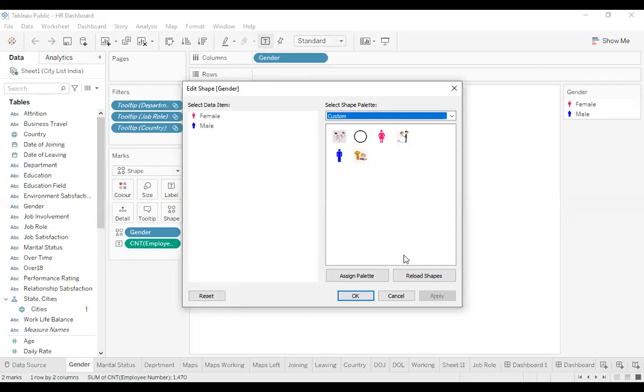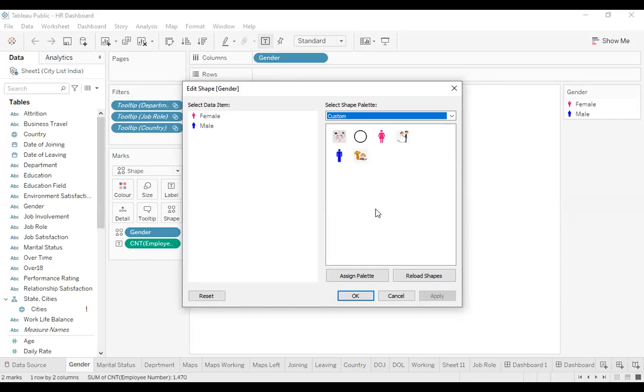When you download Tableau on your desktop or laptop, a file called Tableau Repository will be created in your My Documents. In the Tableau Repository, there will be a folder for images.